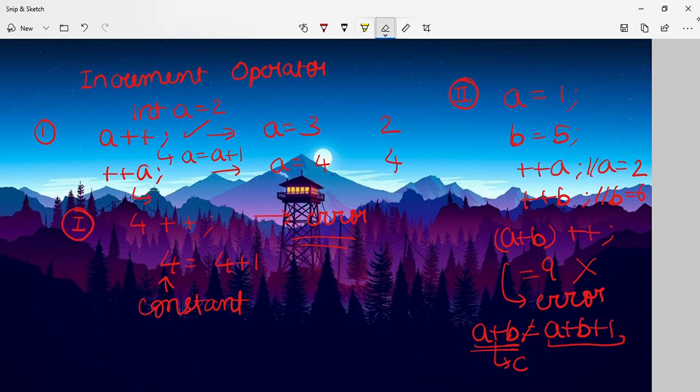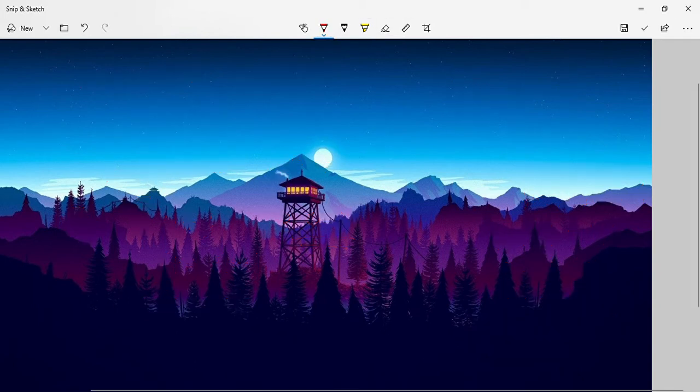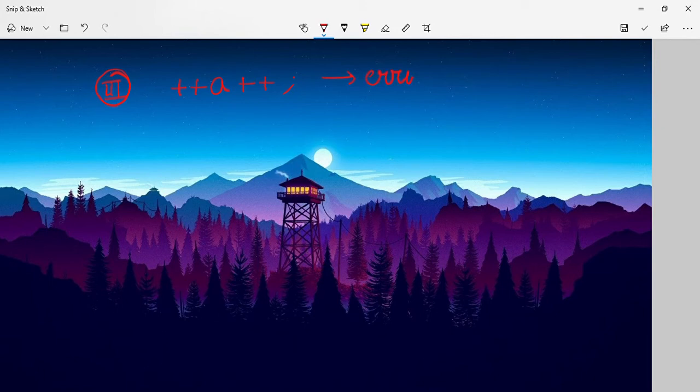Now there can be a third exception, or I don't call it an exception, I call it just a fact: if we do something like plus plus a plus plus, what is this going to return, or what will be the value of a? There will be nothing. It will give you an error and the compiler cannot understand exactly what you want to do here. It will say, what do you want to do, and it will go away. Then fourth,